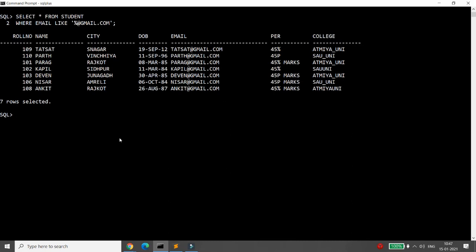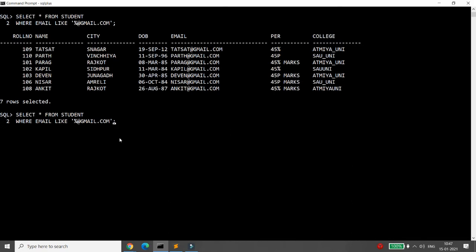And suppose you think, sir, can we use multiple logical conditions with like? Yes, we can. For example, I want to retrieve all those who got 45% marks, use Gmail, and live in the city Rajkot.